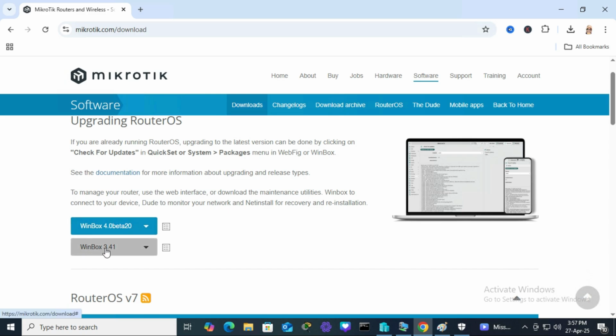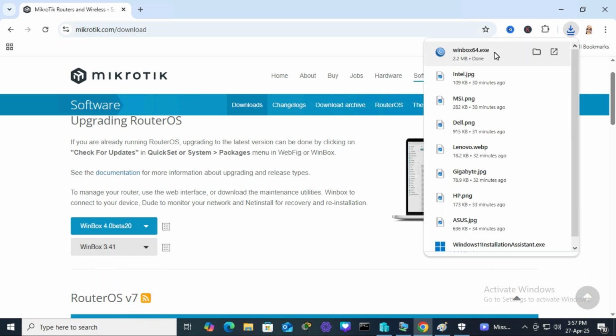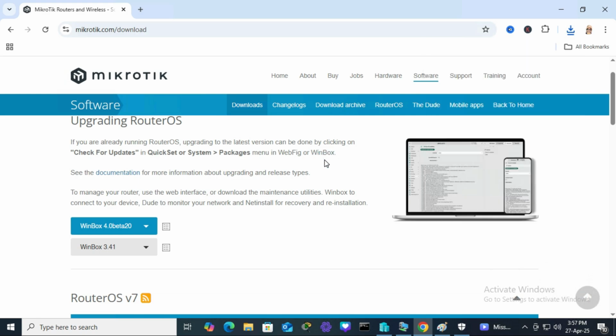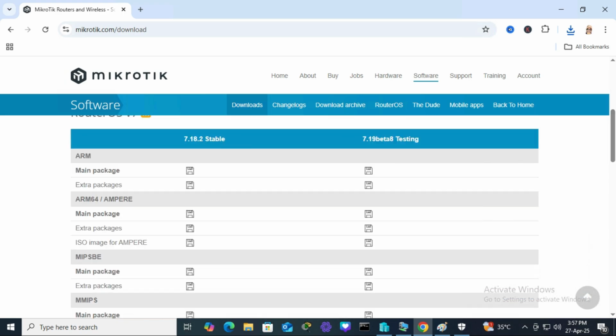I'm downloading Winbox 3.41. Click on the drop down menu here and you will find Windows 64-bit and Windows 32-bit. Select it and look, the Winbox utility has been downloaded. Now I'm going to download the router operating system ISO. Scroll down. Here you will find two versions. One is stable and another one is beta for testing. I will download stable and this is the latest version